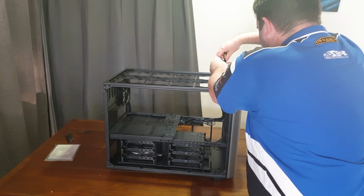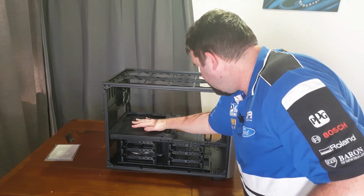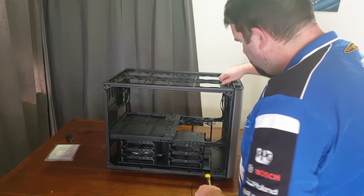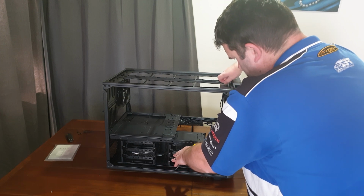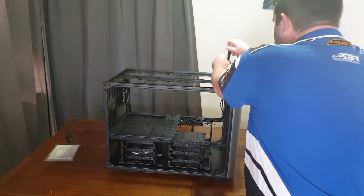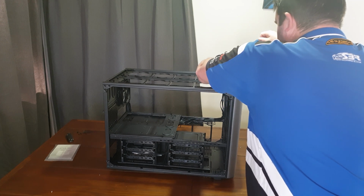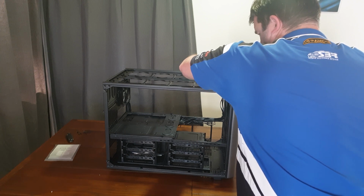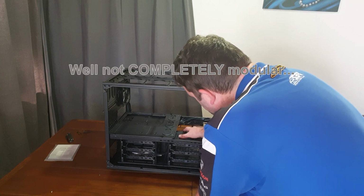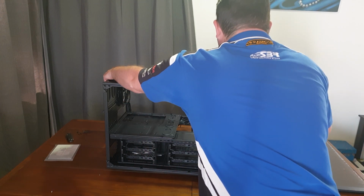Now this thing is massive. The motherboard lies flat on here, with all your hard drives and power supply down below. And it is completely modular. You can take these brackets out and place them on the other side. In the back,